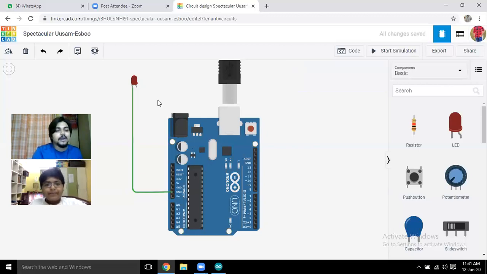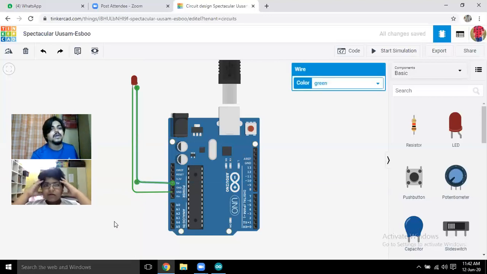So we have connected the ground. Ground is always negative. Actually, what happens? Ground provides negativity to the circuit because without negative you can't see this difference, right? So now what we will do? We will be connecting this positive strand to 5 volt. Okay, let's connect it to 5 volt. What will happen if we connect it to the 3.3 volt? Nothing will happen. It will be okay.